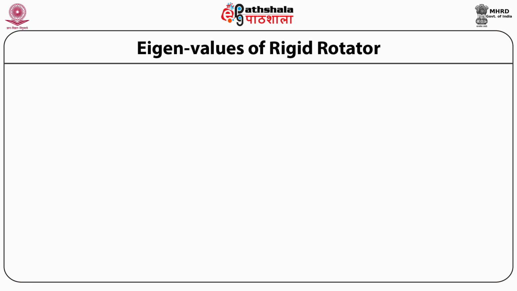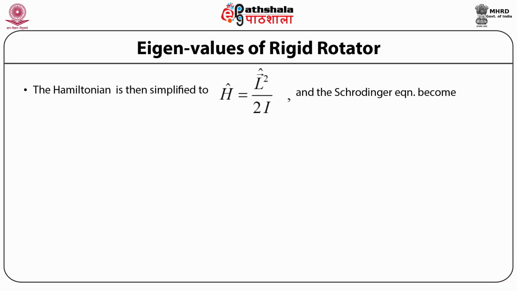Now, after simplifying the Hamiltonian of the rigid rotator, the final simplified version comes out to be: Hamiltonian operator H is equal to operator L square by twice I, where I is the moment of inertia of the rigid rotator,